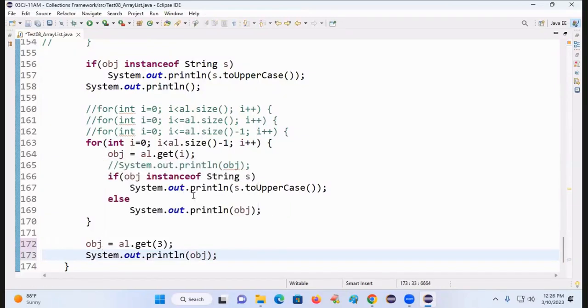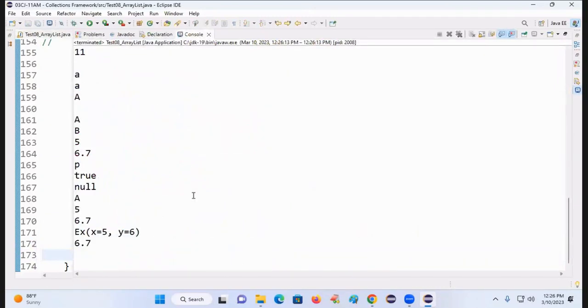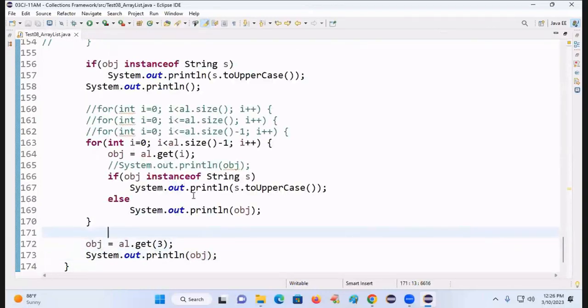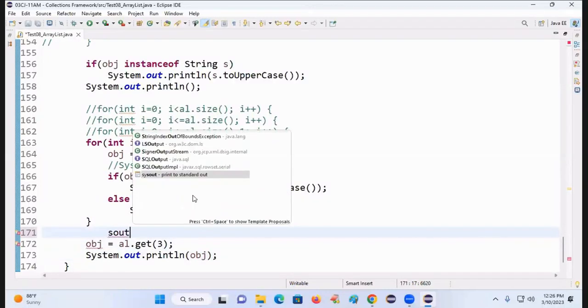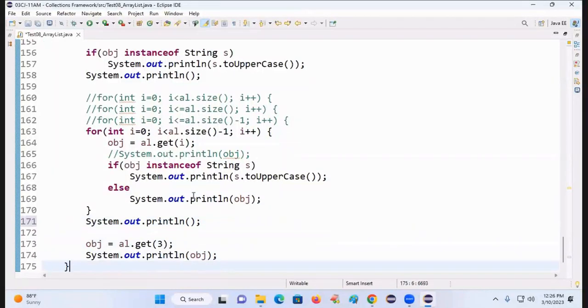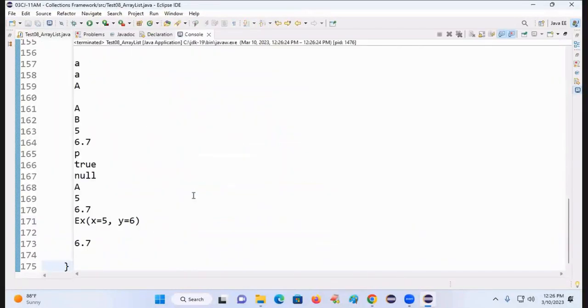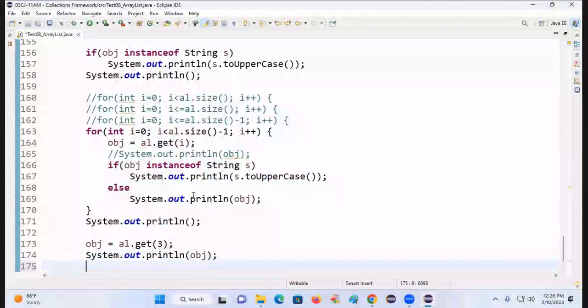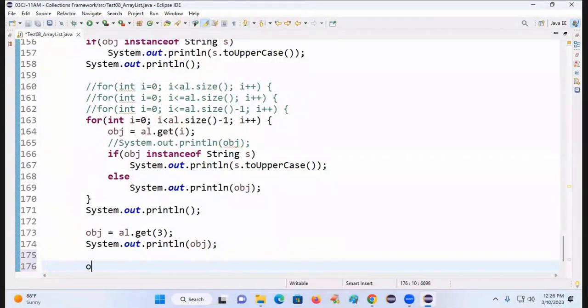Third index object, 6.7 is the third index object. I don't want always the third index object. Wherever 6.7 is available, I want that 6.7. Then in that case, I should write obj